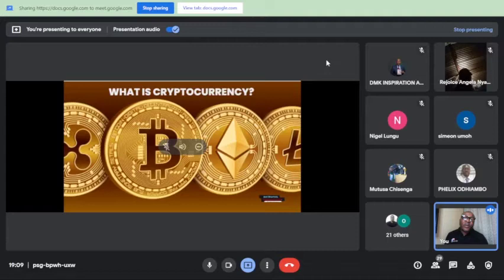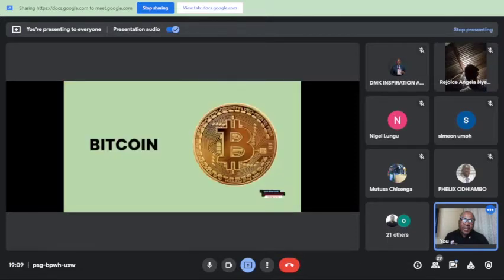Now, let's talk about Bitcoin for starters, as it is important to know that Bitcoin was the first decentralized cryptocurrency. There would have never been any other cryptocurrency if Bitcoin had not arrived and presented the way to be able to do what Bitcoin does. So, Bitcoin is a type of digital asset that can be bought, sold, or transferred between parties securely over the internet. And because of this, Bitcoin can be used to store value, much like buying gold or silver and any other